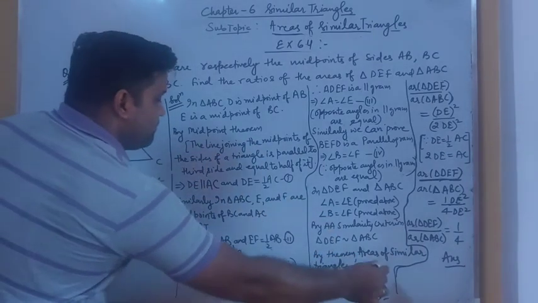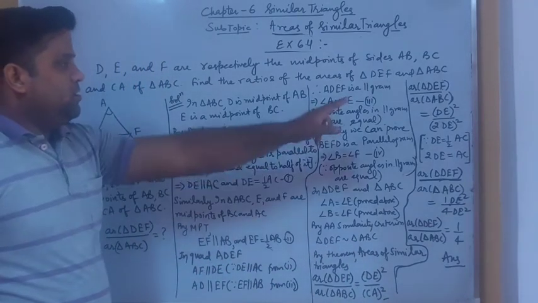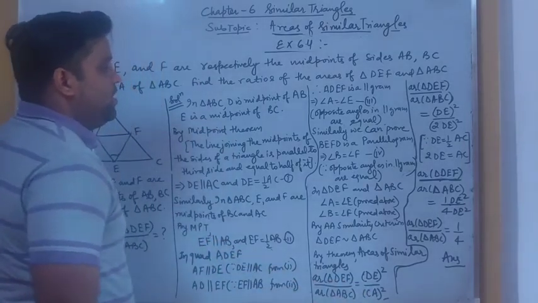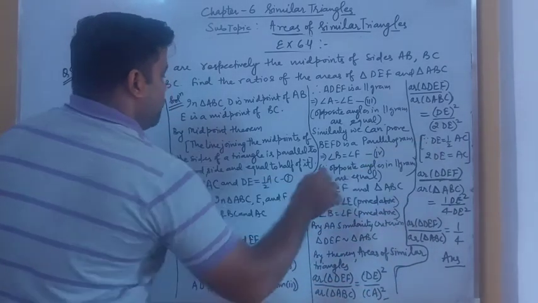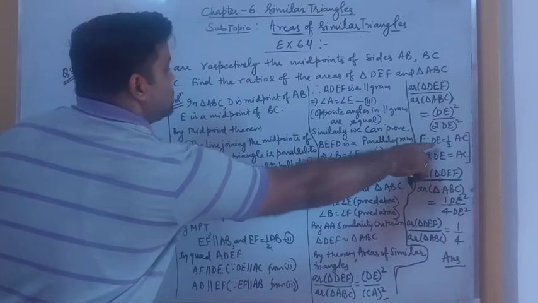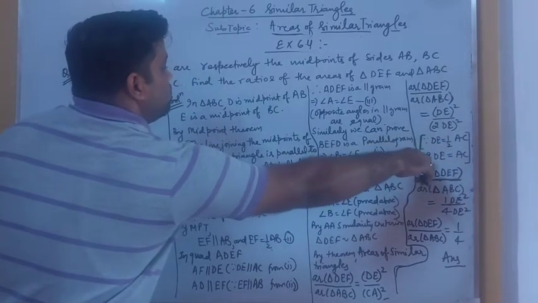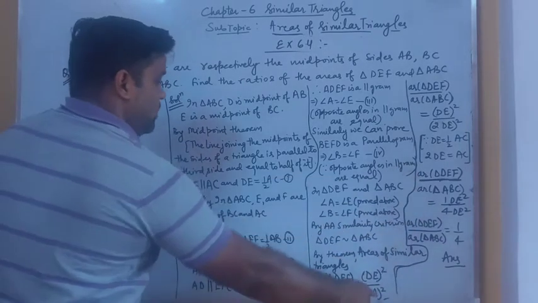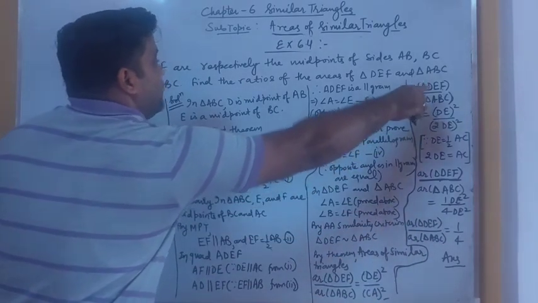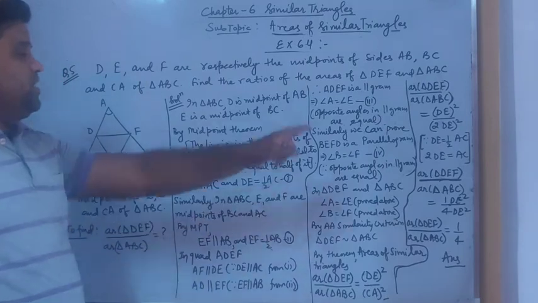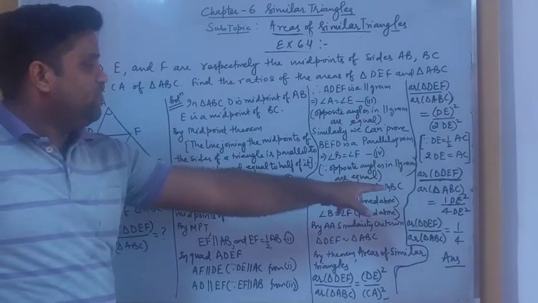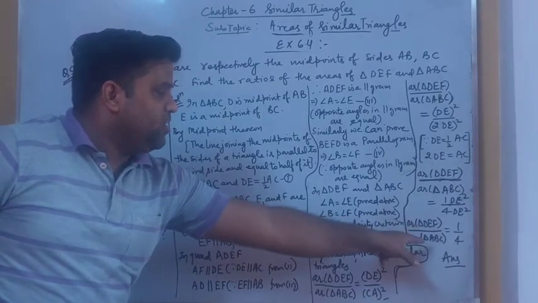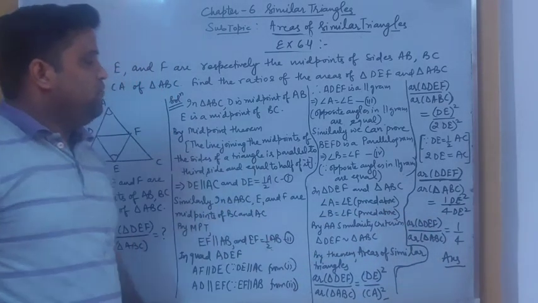We get this relation. And finally, in this equation we replace CA, as we know from the first equation that DE is half of AC or CA. So we can write twice of DE is equal to AC. So we replace here CA. We get area of triangle DEF by area of triangle ABC equal to DE square by twice of DE whole square. We get this relation. Finally, we get the area of triangle DEF by area of triangle ABC equal to 1 by 4, which is the required.